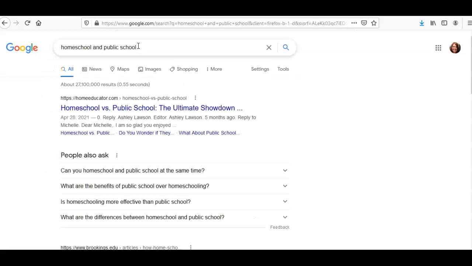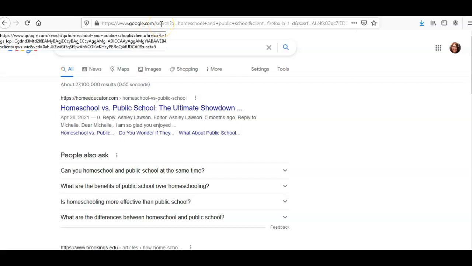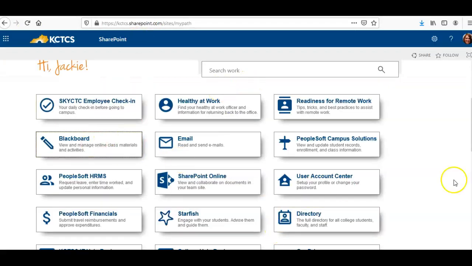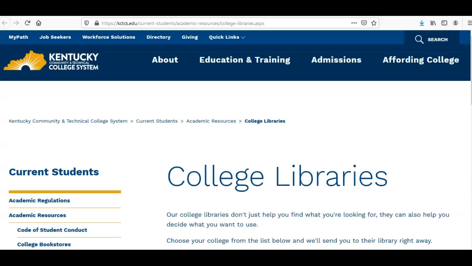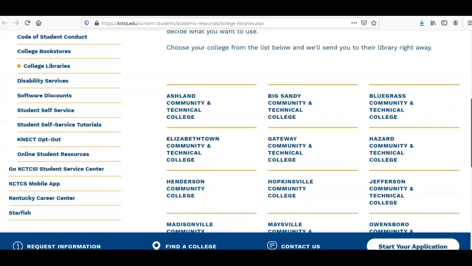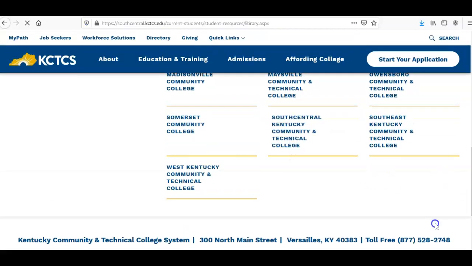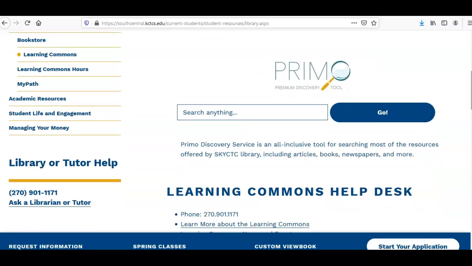So the next thing that I want to show you is the school online database. So if you go to MyPath, you will see lots of links, obviously, but the library is also on here. And there are a few different ways that you can go into the library to do your research. One of the ways is the main, well, we have to get to our school first, the main search box. So I could actually put in homeschool, and sometimes homeschool is written as one word, sometimes it's 2 words. So that, like, the difference between this and this would be 2 different searches. So I might try it both ways to see what pops up.